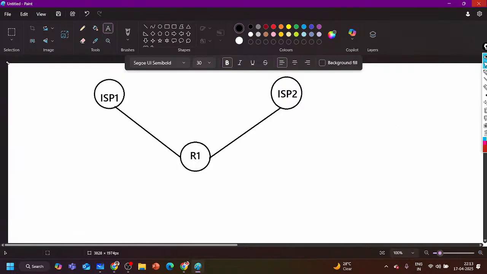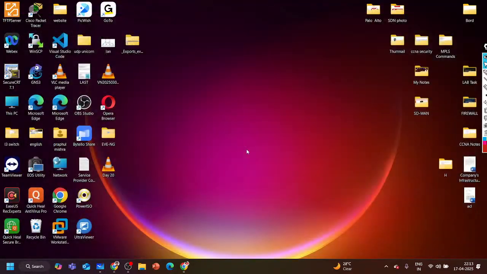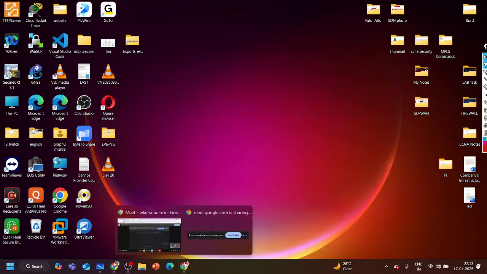Right. So what we have seen, first of all, what is redistribution? Redistribution is the process of sharing route from one routing protocol into another, like redistributing OSPF route into EIGRP or EIGRP route into BGP, etc. When is redistribution required in large network?